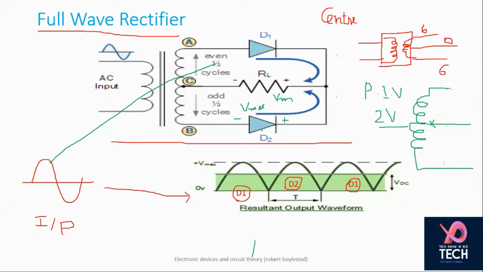The efficiency of full wave rectifier is around 80%, while that of your half wave rectifier is around 40%. So it cannot give high voltage output then? No, it is giving output only for one cycle. You are getting Vmax only for one cycle, not for two cycles. In this case, you are getting output for two cycles.